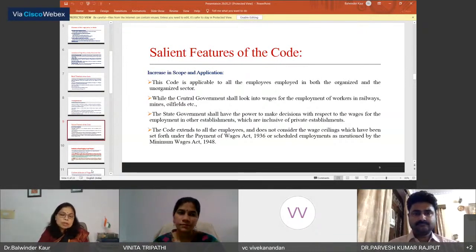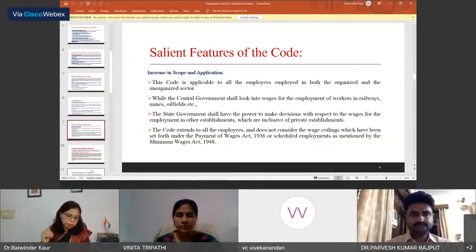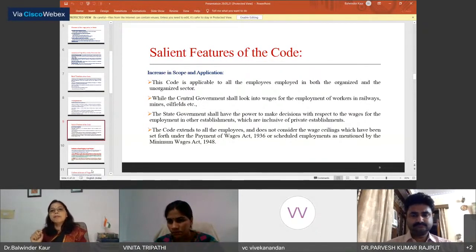It also covers all those persons who are earning up to 21,000 per month. So those employees who were earning up to 21,000 per month would be covered under the Payment of Bonus Act. They can claim the bonus from the employer, and then they become eligible to get statutory bonus under the Payment of Bonus Act. Then the third legislation was the Minimum Wages Act,